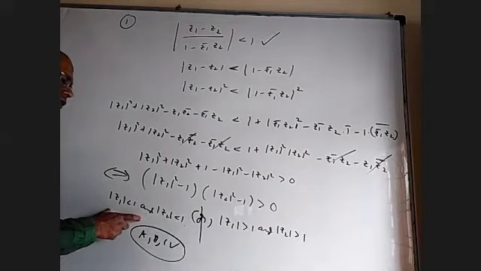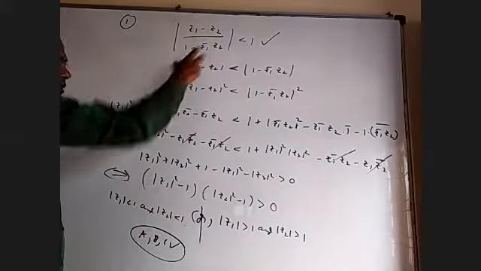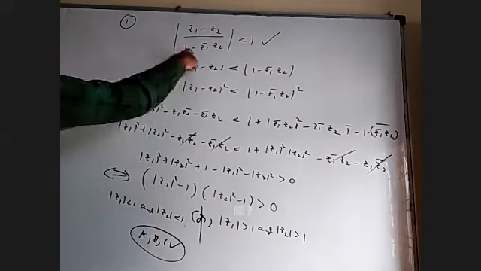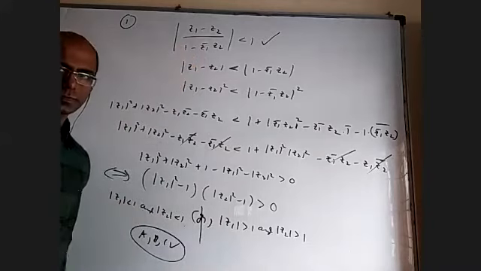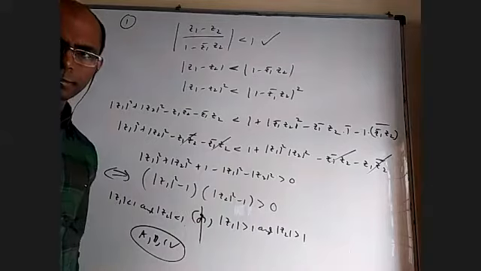Even though D is given, after the implication, this or this should be there. This does not necessarily imply this. This can imply this also. But if you take only this, it will imply this. If you take only this, it will imply this. Okay, I'm going to erase. Does anybody need more time?